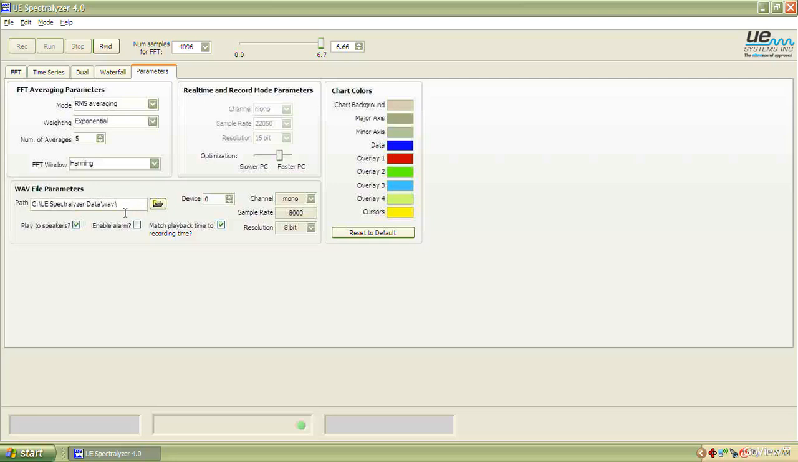All right, and then WAV file parameters, showing us where it's stored. You can go to that path if need be, play the speakers, enable the alarms, match playback time to recording time. Of course, we want that. Device, channel, sample rate, resolution. This is a very old recording. Those will always be mono, but the sample rate and resolution will be much better with the